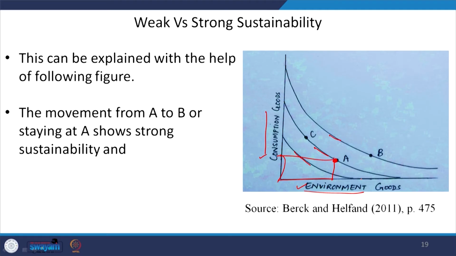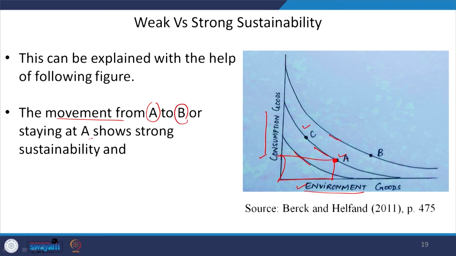That means when the person is here and when the person is here, he is getting an equal level of satisfaction or welfare. So, that is why the person is indifferent between A and C. Based on these very principles of indifference curves, now we can say that if the person is moving from point A to point B